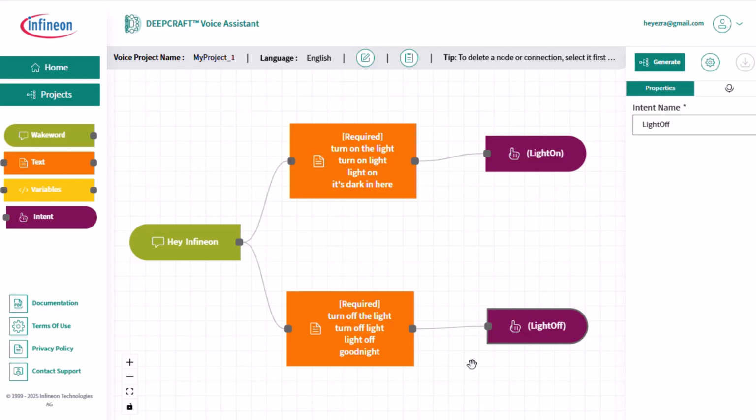This is going to allow us, using our voice commands, to wake the device with the wake word hey Infineon, and then once the wake word is recognized, to pass the audio to the command model to be recognized. And in this case, you'll be able to say things like turn on the light, turn on light, light on, it's dark in here, and the light turns on. And then if you go on the converse, you'll be able to say things like turn off the light, turn off light, light off, and good night, and then the light will turn off. So that kind of gives you a basic idea of how to create the most basic command model